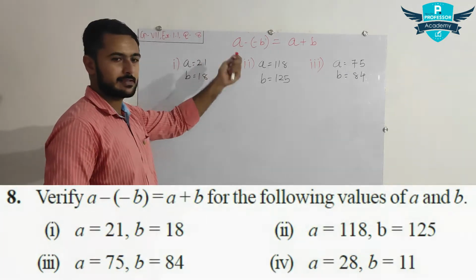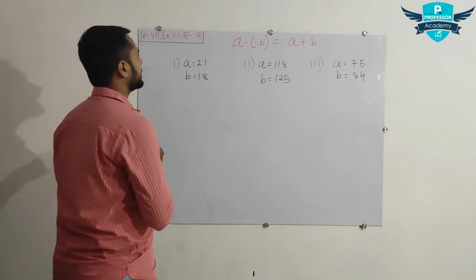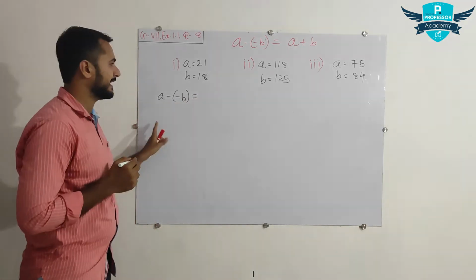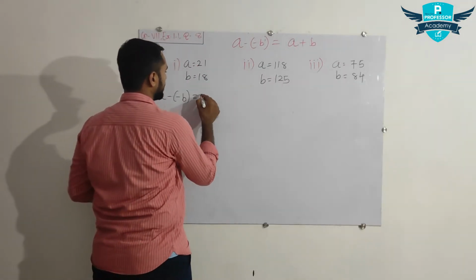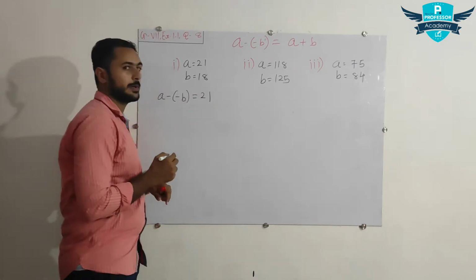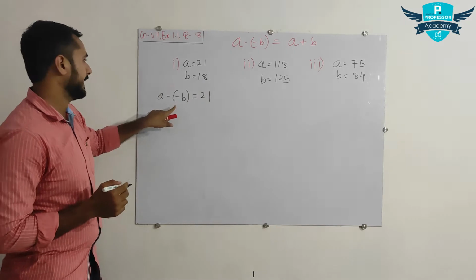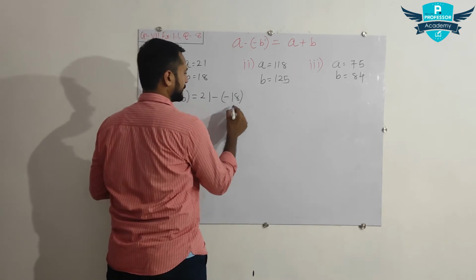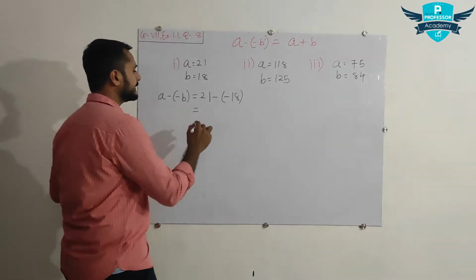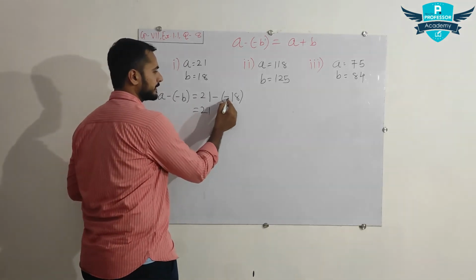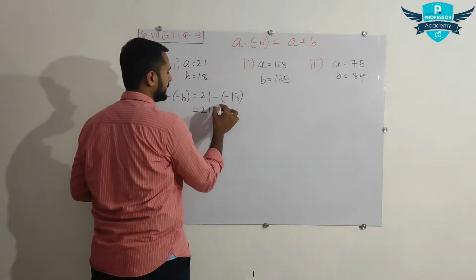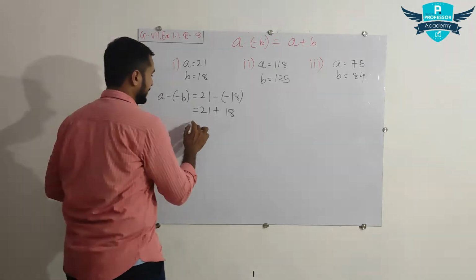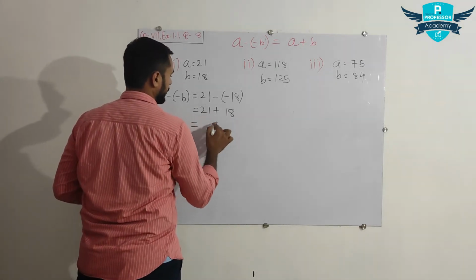We will start with the left hand side. Left hand side, that is a minus b. So like this we will do. a minus b is equal to, a is 21, so I am just going to put 21 in the place of a, and in the place of b I will write 18. So 21 minus b, b is 18, like this. So 21 as it is, minus plus, remember that chart, minus plus, so plus 18. Now just do the addition for this, that is 9, 12, 1, 3, 39.